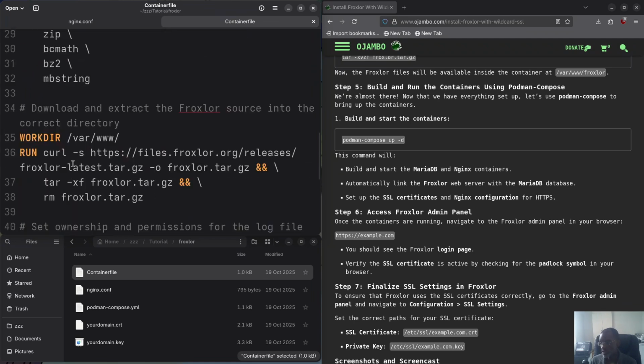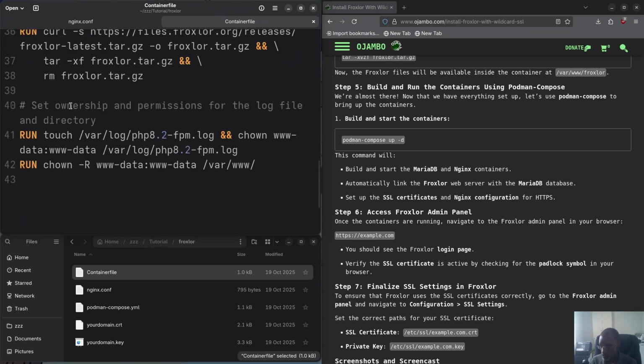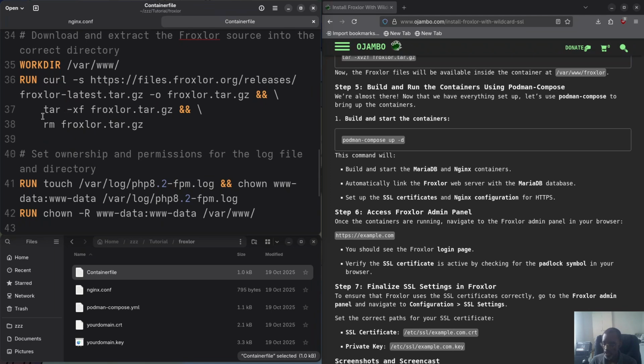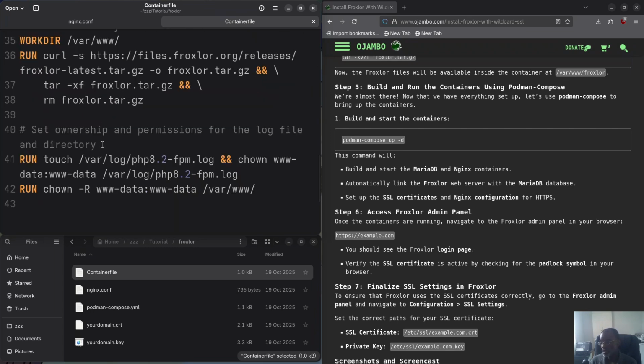And then finally, see, I download the Froxlor, and so this is going to be inside the container. I could have downloaded it separately, but I wanted this to be reproducible. So that's why I put this here. It downloads, untars or unarchives it, then removes the tar zip file, which is called a tarball. And then after that, you can see it's going to create the PHP 8.2 log, and it's going to change